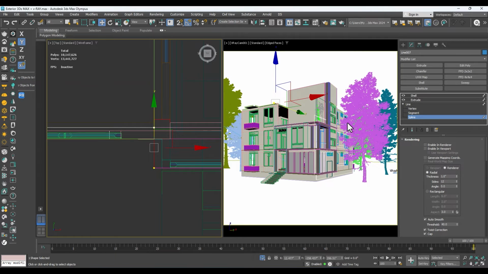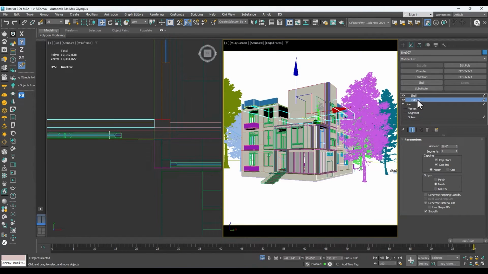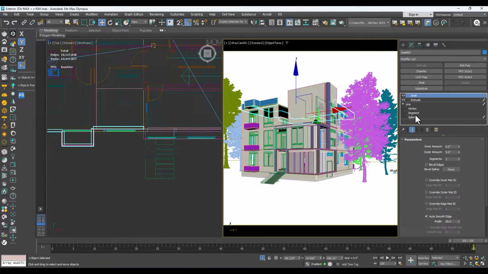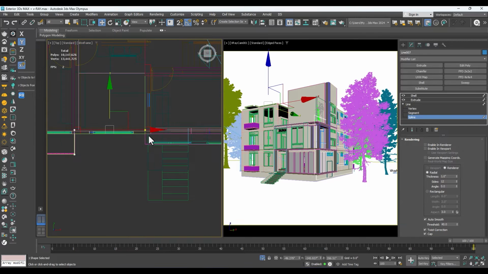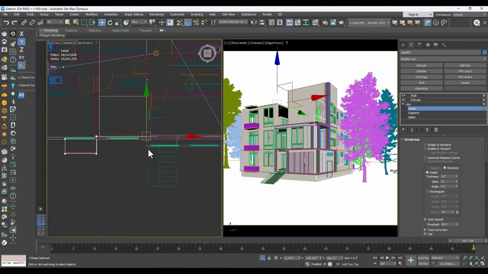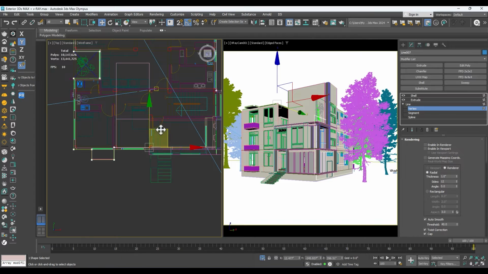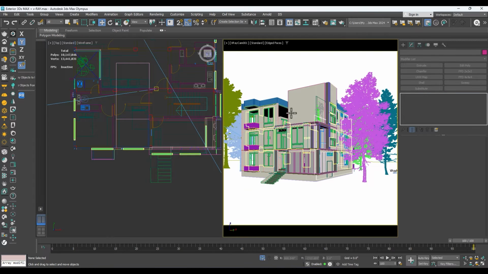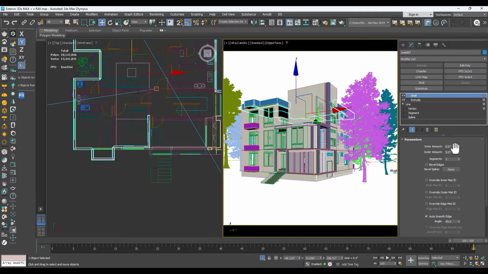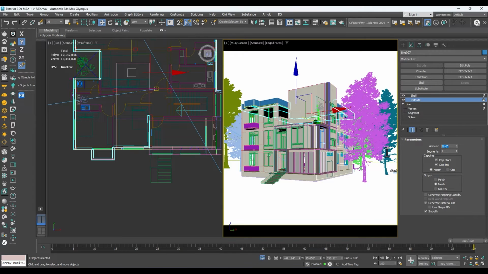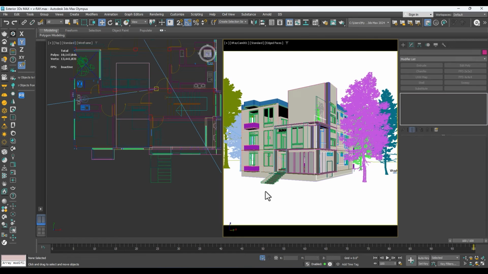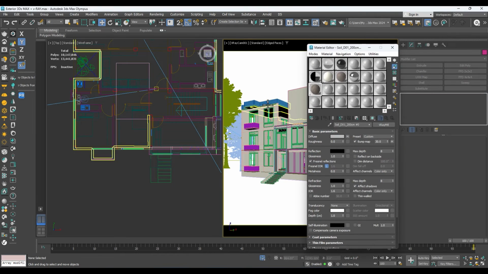Delete this line also. And if you want to extend this wall and this line, just select this vertex, hold Shift and drag like this, then you are able to extend that object. Okay, so extrude, make it 30 inch, then assign it